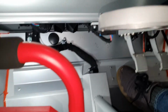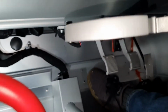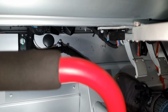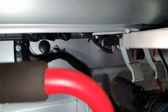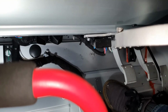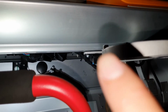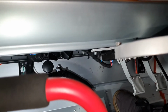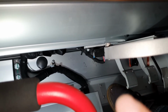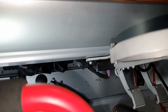The first thing I had to do was actually remove the rubber bump stops at the top of the plate, because as you can see there, this is actually flat. My trinket tray for some reason seems to be flat, whereas it seems like they weren't expecting the area to be flat there. So luckily, again, you can just remove everything off the top plate that mounts onto the trinket tray just over there, and I removed both of the rubber bump stops and just put some self-adhesive felt material that I bought for my GTA just to quieten down the interior. Luckily I still had some left, and so I just put a little bit of felt on the top there